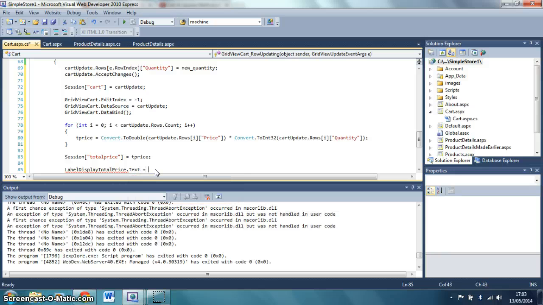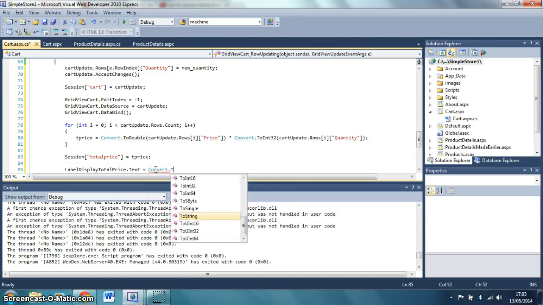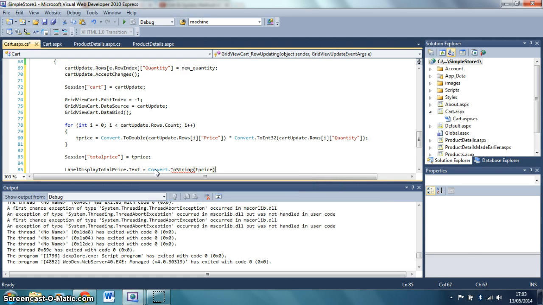So again, we're going to convert that price into a string. So convert dot toString to price,